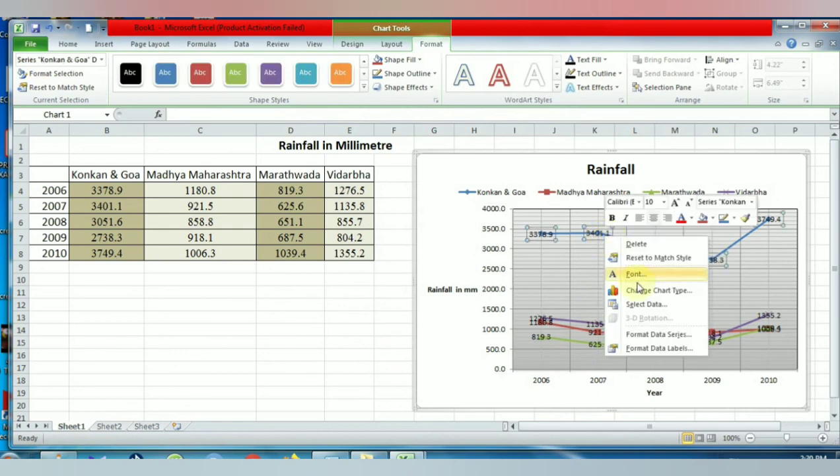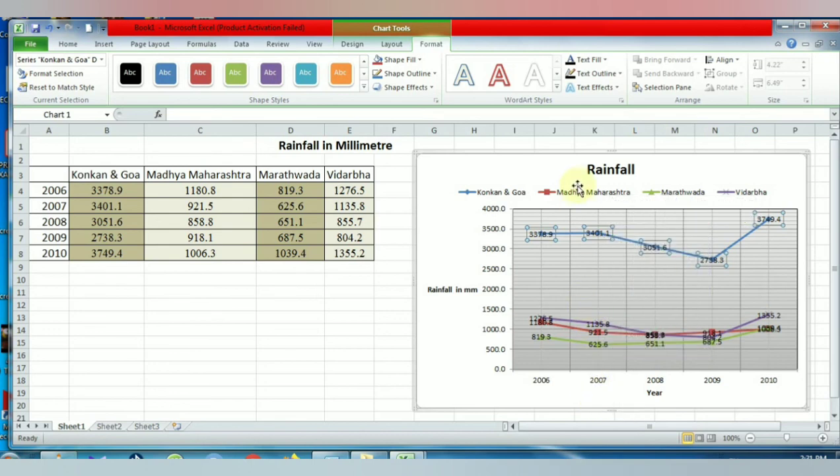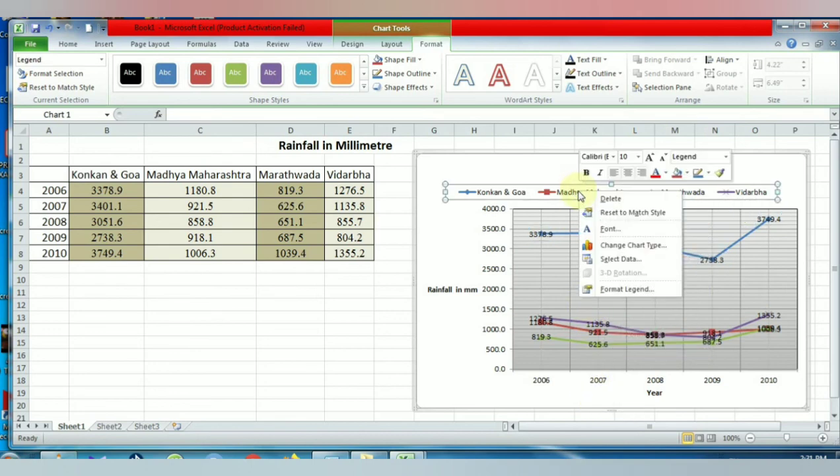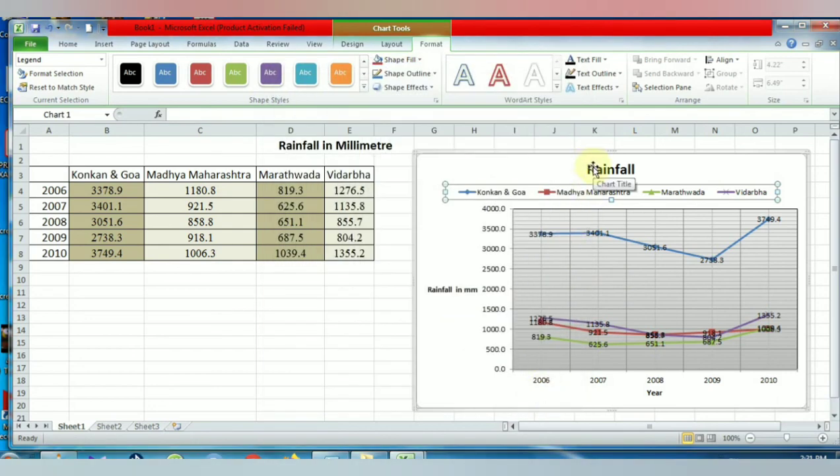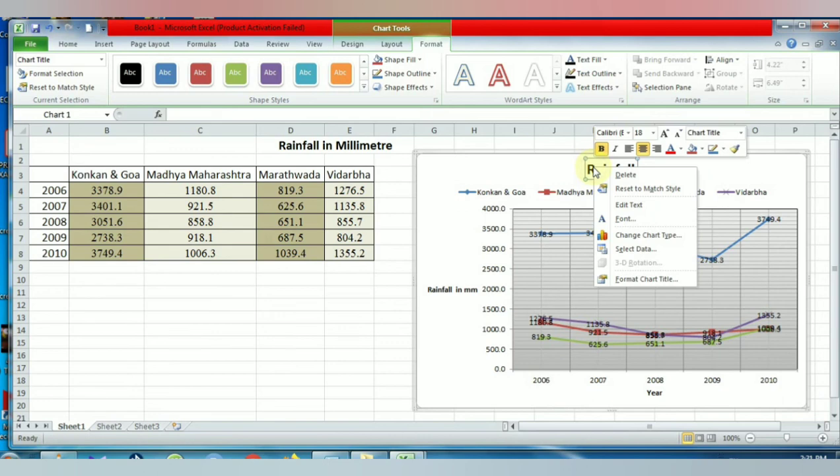If you move the mouse pointer to the marker and right click on that marker, you can edit the data series or the data table values from here. Also, if you move the mouse pointer to the legend and right click, you can edit the legend from here. So these legend options will be made available.